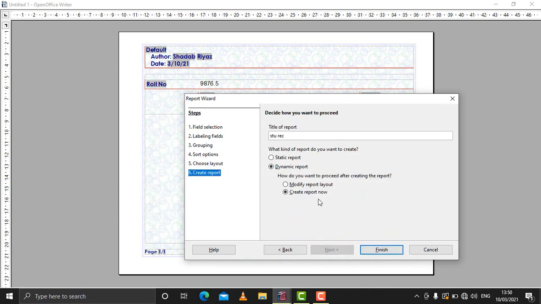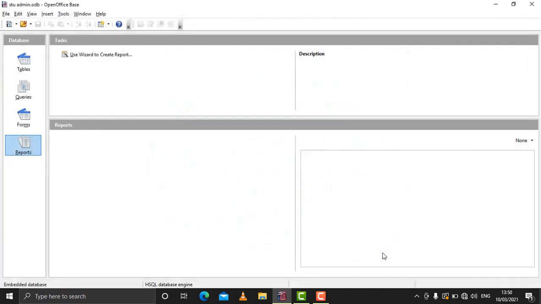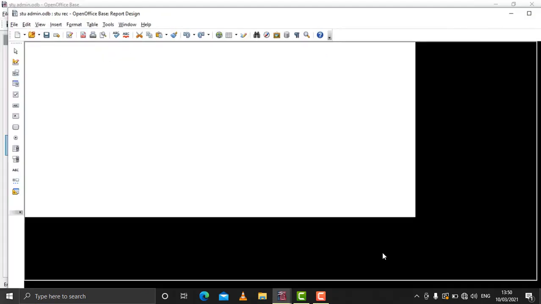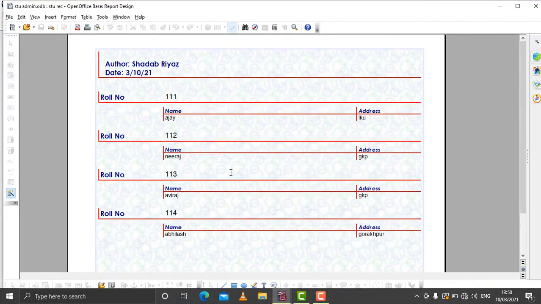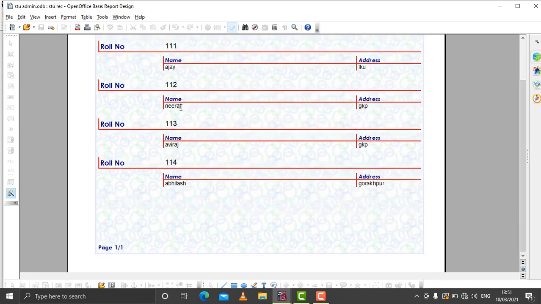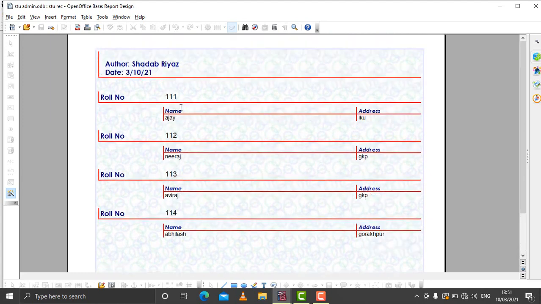As you click on next, you have to give the name you want. You can change. If you do not want, you need not change. That depends entirely on your wish and requirement. So after that you have to click on finish. As you click on finish, a formatted report will be generated. You can see this is the formatted report which is generated, and you can now share this formatted report with anybody, or even you can take out a print according to your requirement and desire.